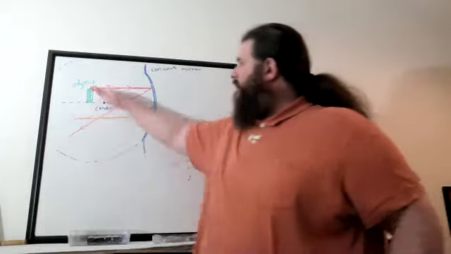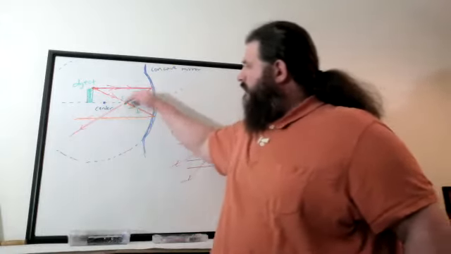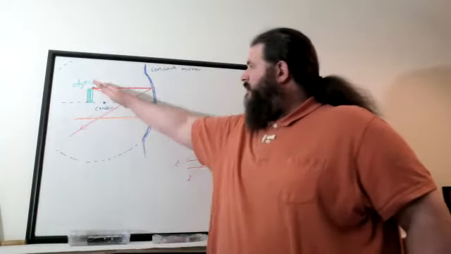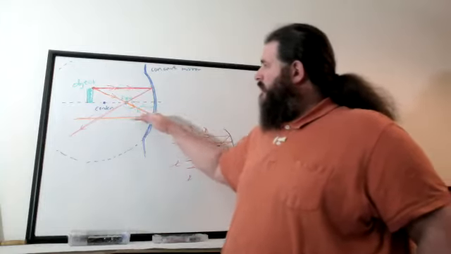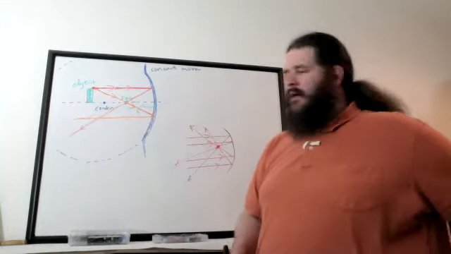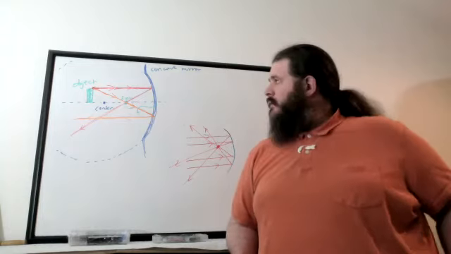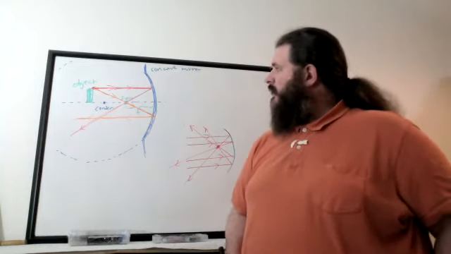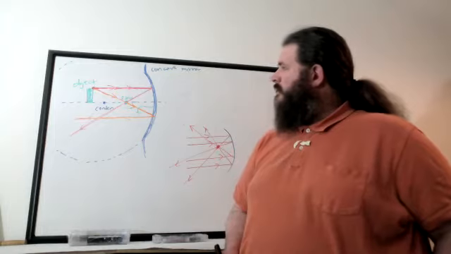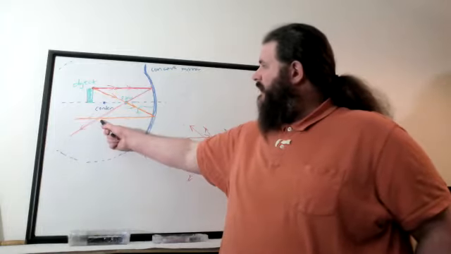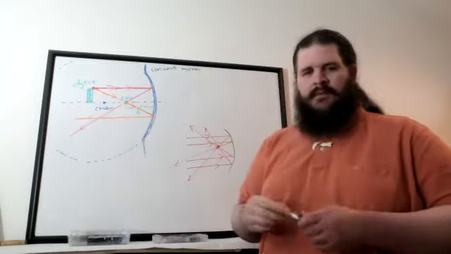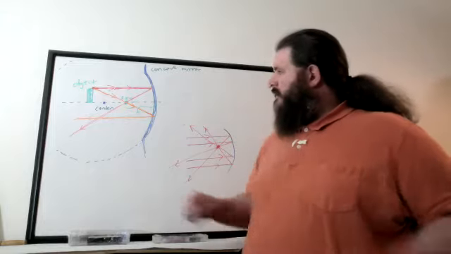So you've got a ray of light that starts off parallel and bounces to go through the focus. A ray of light that starts off going through the focus and bounces off to become parallel. And those rays of light are going to be intersecting at one very specific point, specifically this point right here. So at that point,